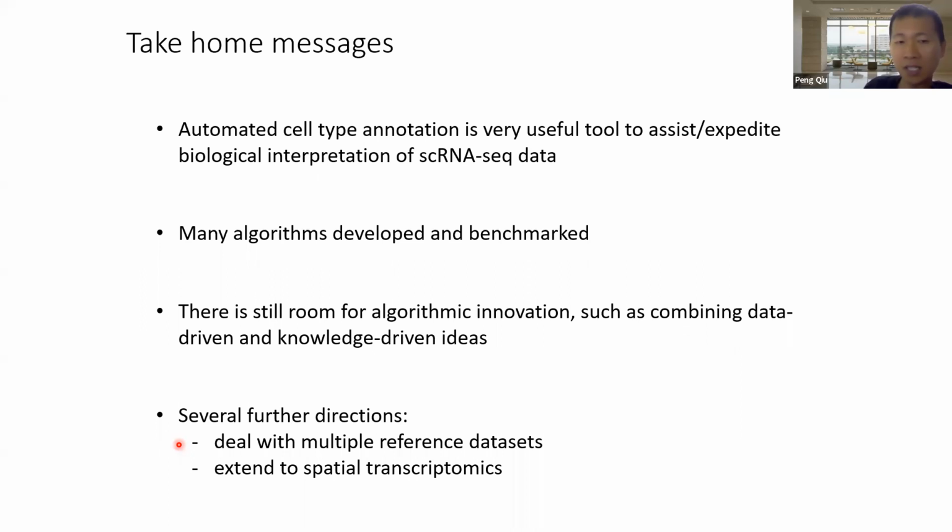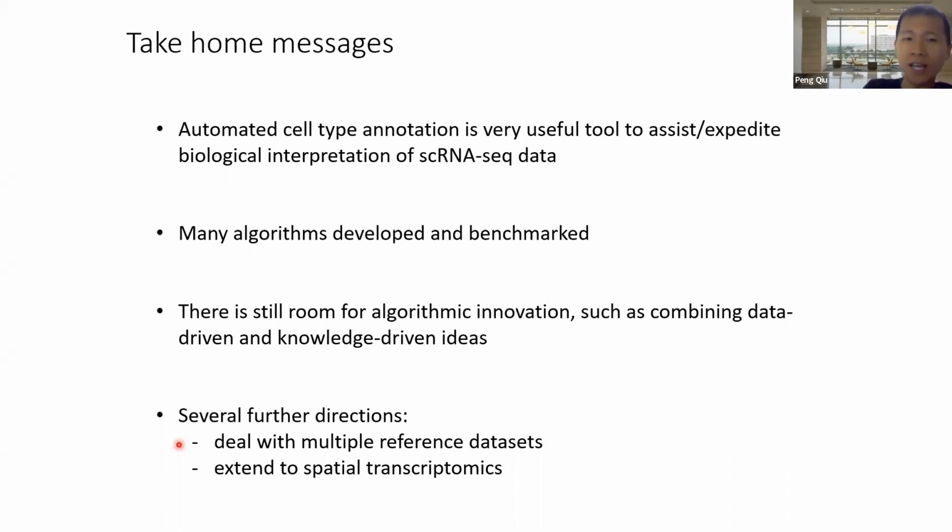One aspect is data integration to remove batch effect, and the other aspect is unifying the initial first pass analysis of these different data sets in terms of their resolution and their consensus. When both of these problems are effectively solved,